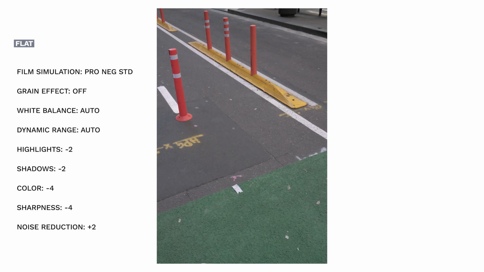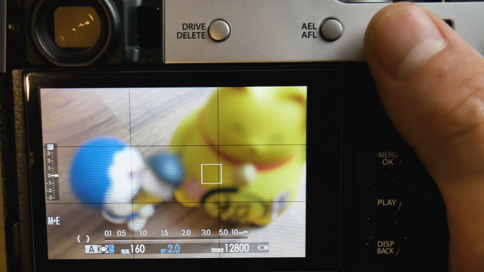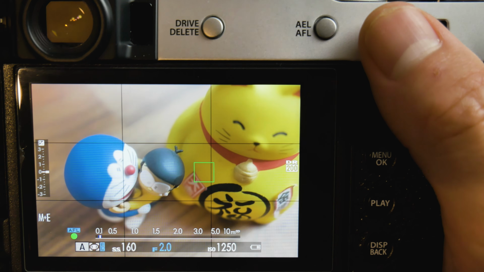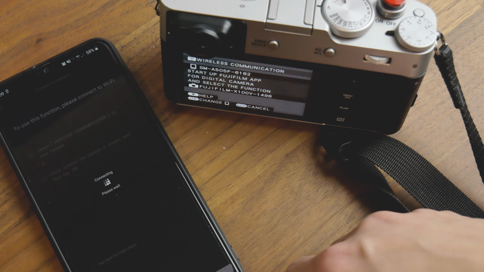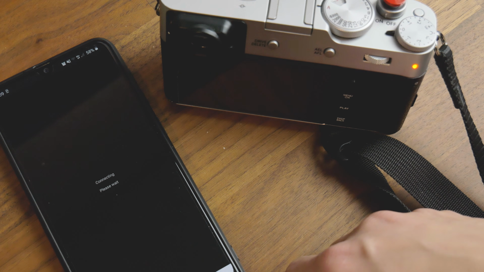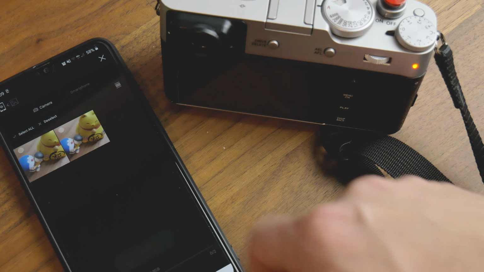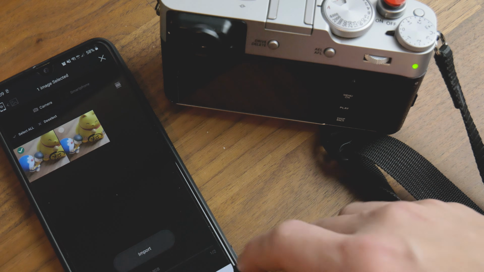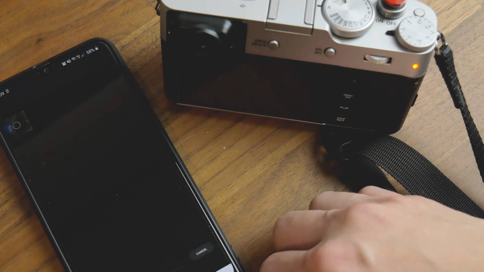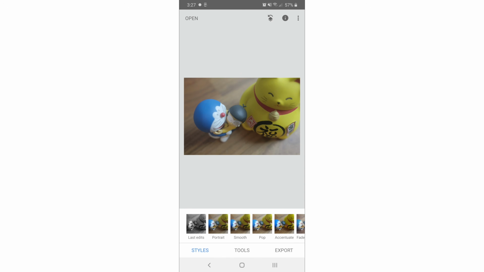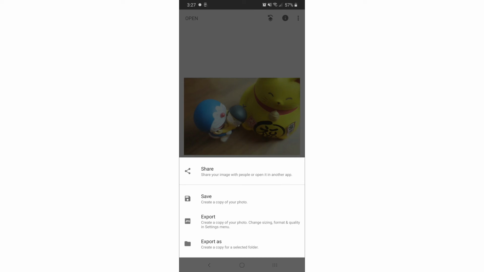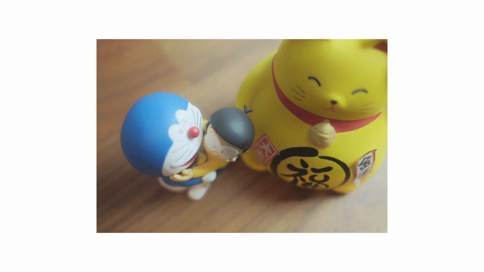This is the profile I use if I want to play around with editing on my phone. Basically, I would take a photo with this profile and using the Fujifilm app, transfer the JPEG to my phone where I can then proceed to edit using the Snapseed app. I have presets I made on that app, which I can instantly apply to these flat JPEGs to quickly bring out a look I can't otherwise get straight out of camera.